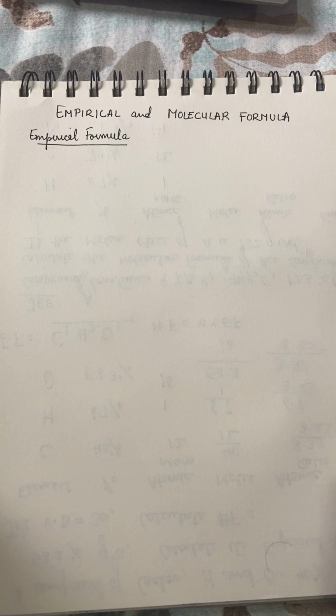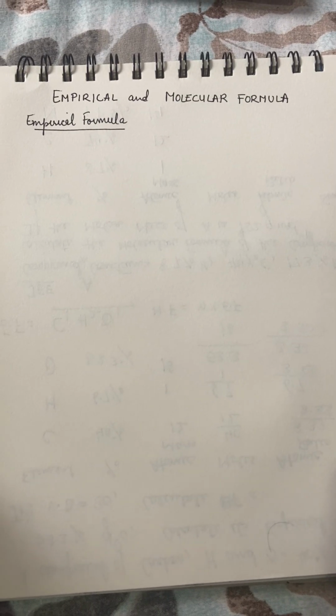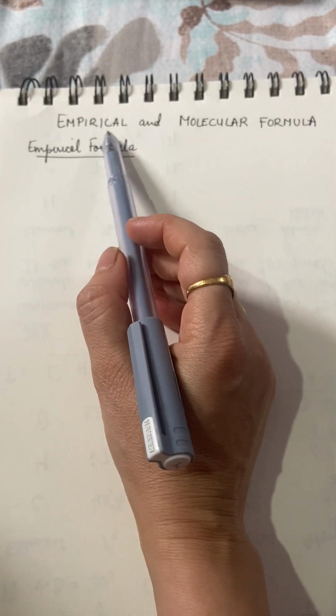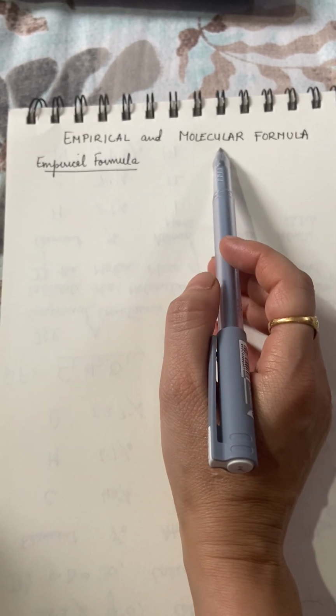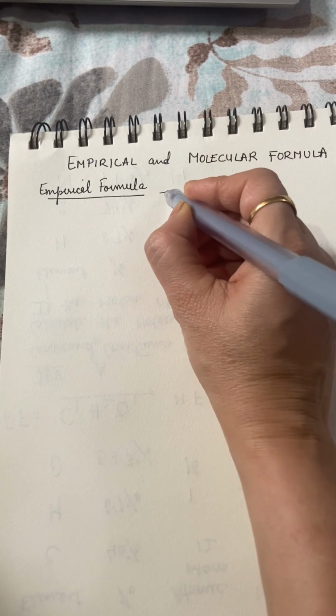Today we are going to take one of the most important chapters, that is mole concept and stoichiometry, and the most important topic which is going to help you in your further exams, that is the empirical and the molecular formula. Let's start with the empirical formula. First of all, you should understand what is the difference between empirical and the molecular formula. Empirical means the simplest formula